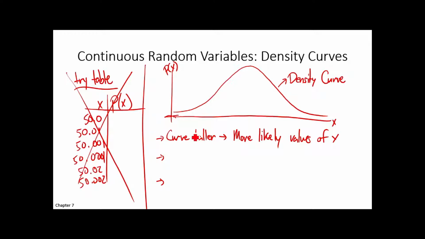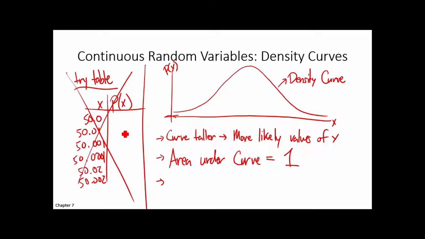The other thing is to keep it analogous with the tables. Before, all of the probabilities had to add up to 1. In a density curve, we fix them so that the area under the curve is equal to 1. It's like if you were able to actually measure the area under this whole curve, the area under that curve would be 1. So we're kind of serving the same purpose.